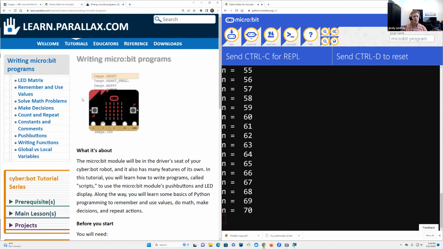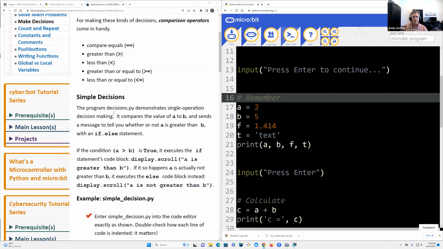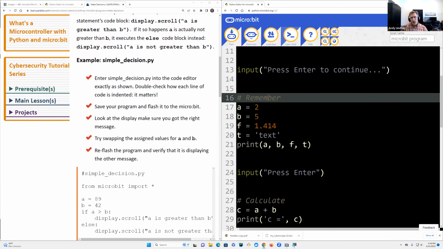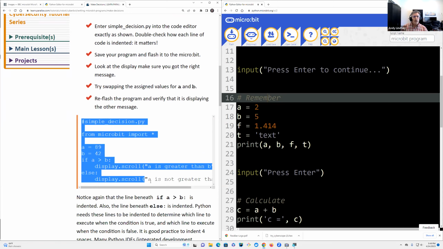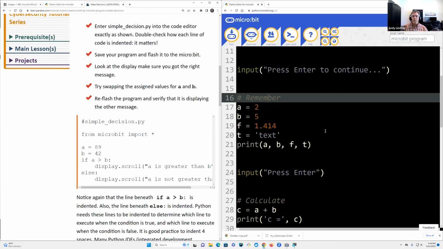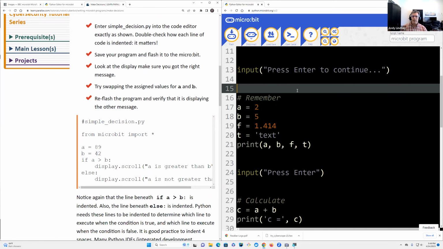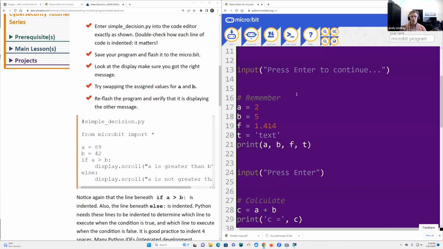You did excerpts of it, but there's a lot more material here. So if you're new to MicroPython and you're feeling unsure about it, go through this step by step. Basically, set it up just like I have it set up right here, and then read the explanation and follow the checklist instructions. They're going to tell you to enter this code, and in order to learn it the best, be it for your students or yourself,